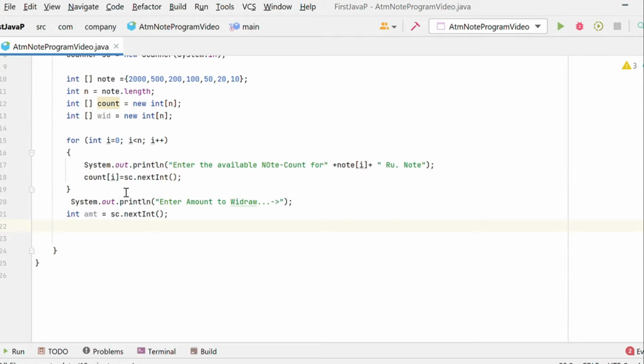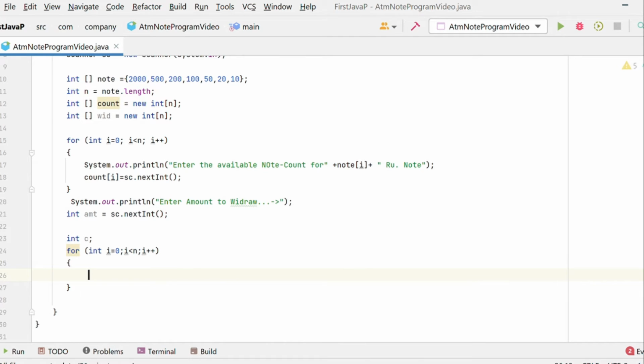So we have to calculate just how many notes we have to give to that person. For that we require another for loop, int i equal to 0, i less than n, all in all for loops, i plus plus.